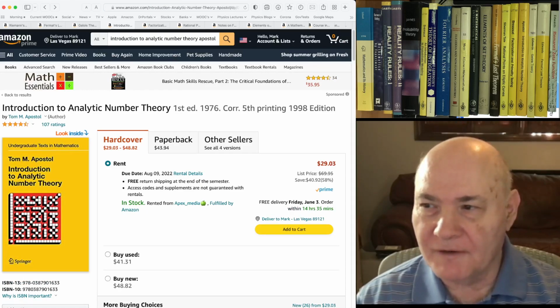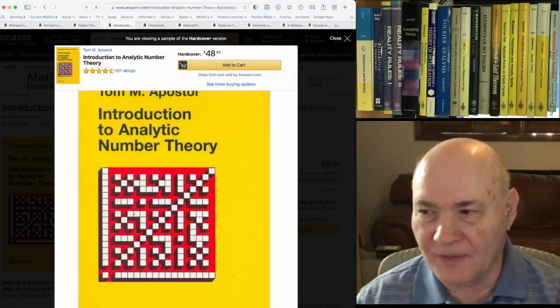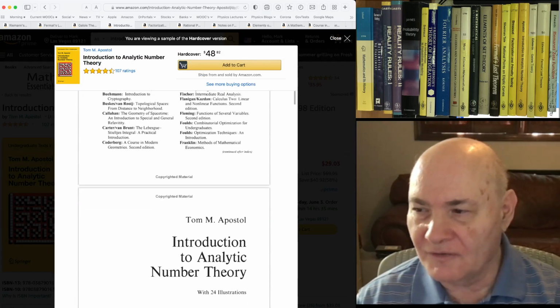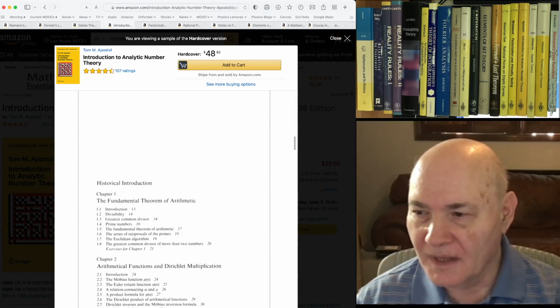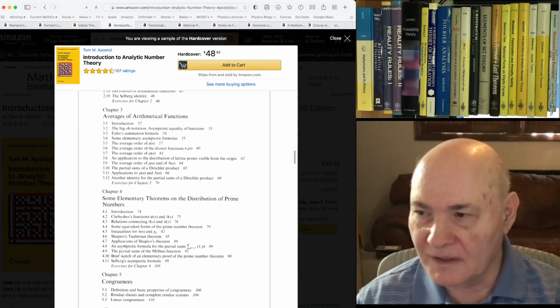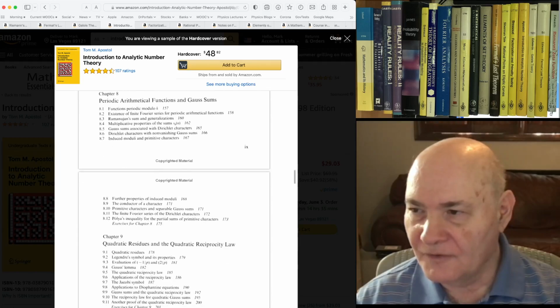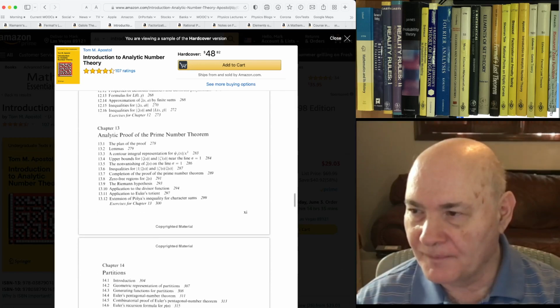If you're into number theory or analytic number theory, this is like an undergraduate book. If you want to see a proof of the prime number theorem, that's what this book does. It does everything through the prime number theorem, and it does it in a straightforward manner. It's like a direct way to get there. And he reviews the necessary number theory, and then he just starts developing some elementary theorems and congruences, and goes all the way through the primitive roots, and then the analytic proof of